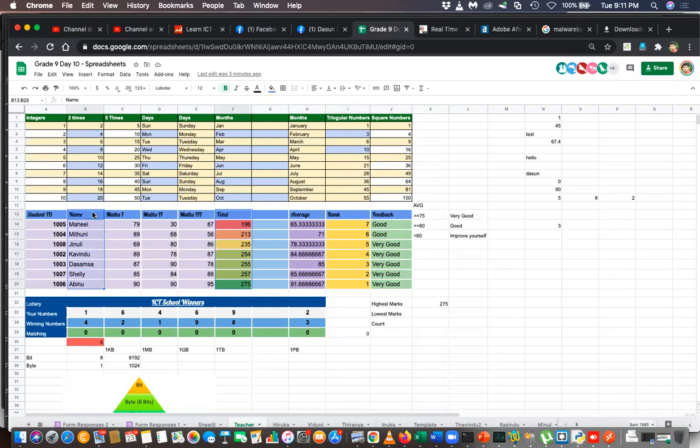So I have to select names and total only. How to do that? How to select two separate ranges? We did that. How to do that? By pressing. How to select two ranges, this range and this range, how to select?